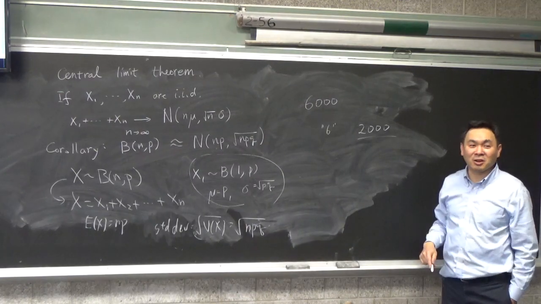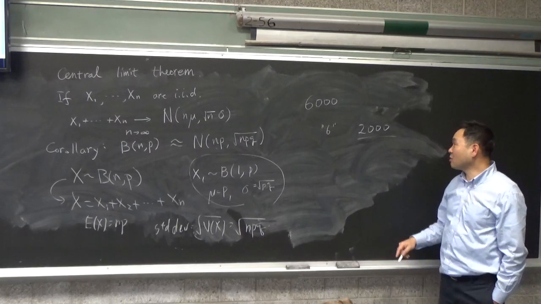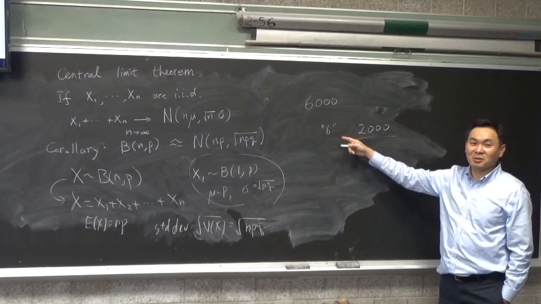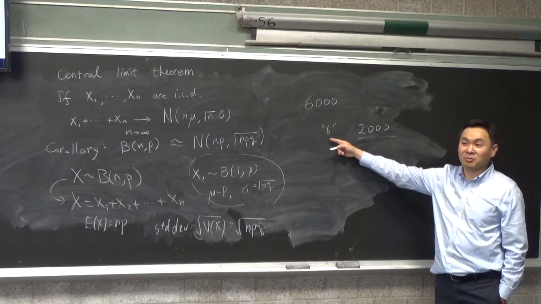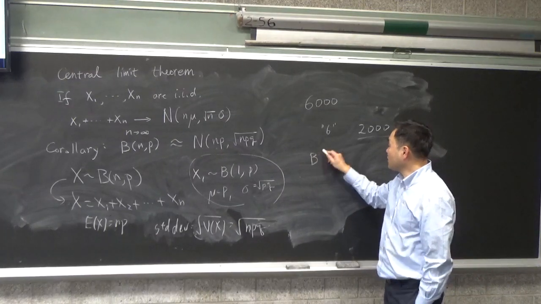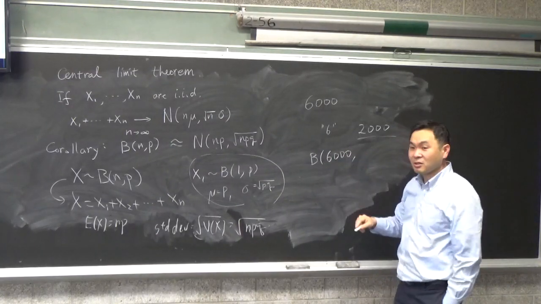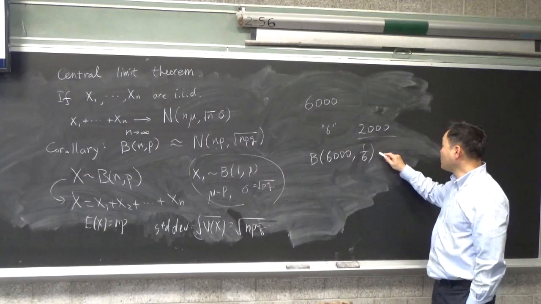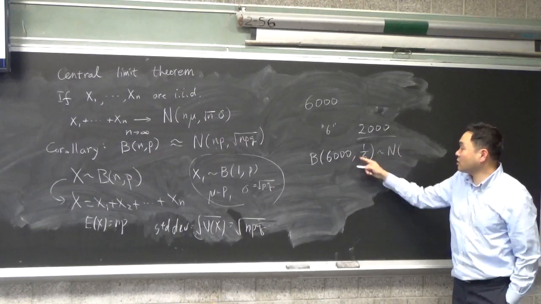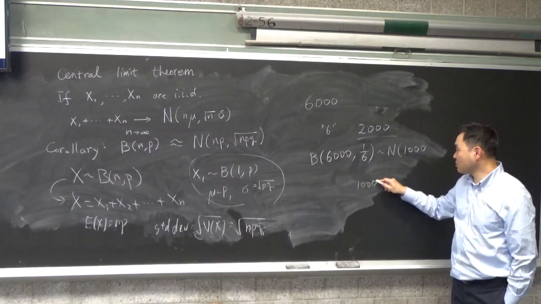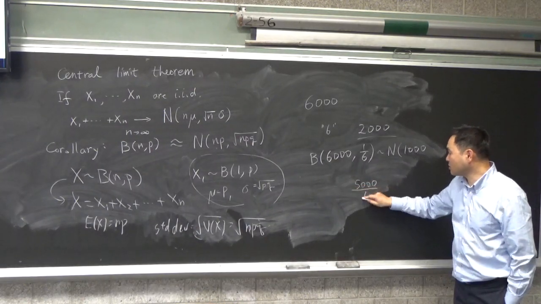I mean, you might be able to argue that it's all probability, so maybe we just got lucky. What's the expected number of 6s if it was a fair dice? 1,000, right? 1/6 of 6,000. So if you were doing 6,000 trials of a probability of 1/6, that would be similar to a normal distribution with standard deviation of the square root of 1,000 times 5/6, which is 6,000 times 1/6 times 5/6.